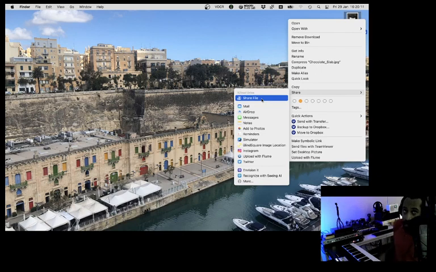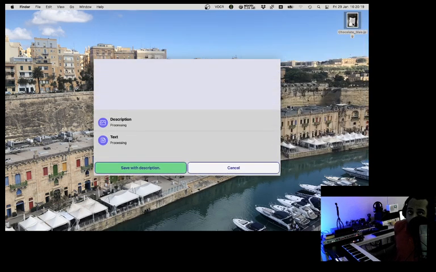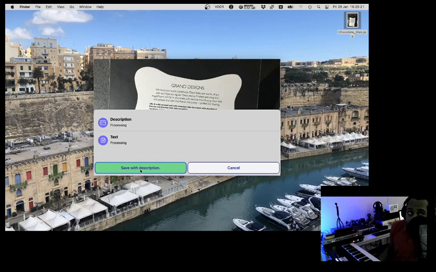Share, submenu, share file. So if I hit E for Envision it, then it will come up with the standard processing type dialog that you see on iOS, because share sheets, chocolate_/JPG, save with description. It's exactly the same kind of window that you would get from the iOS share sheet, which is super cool. I love this. So I'll wait a bit, and then if I look around the window from top to bottom,